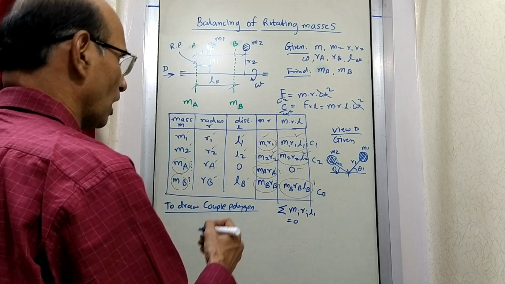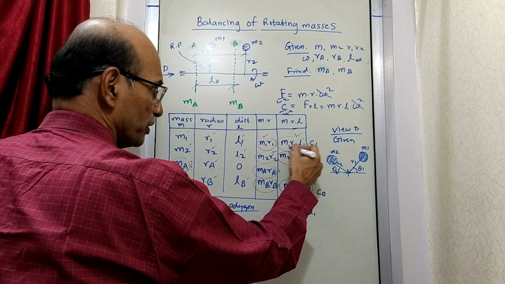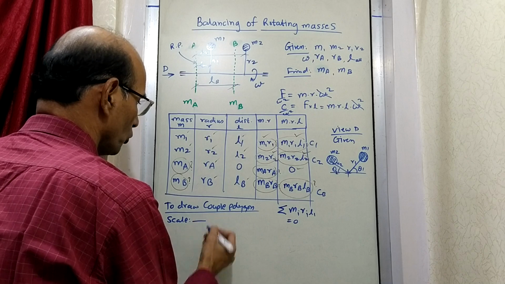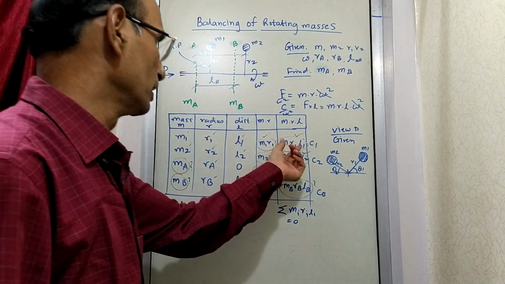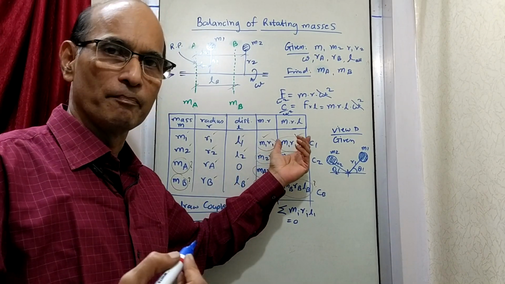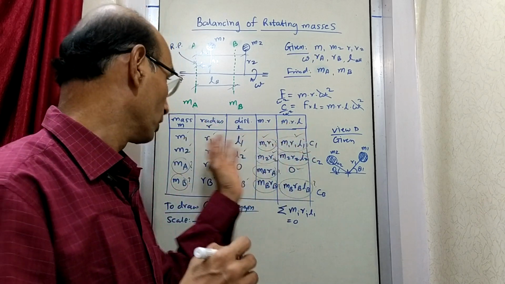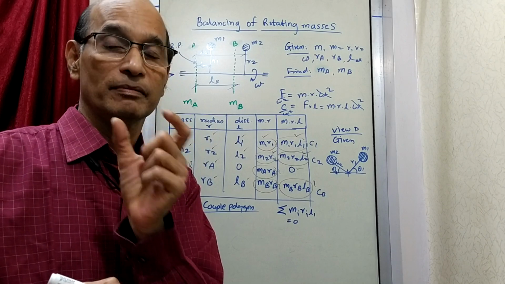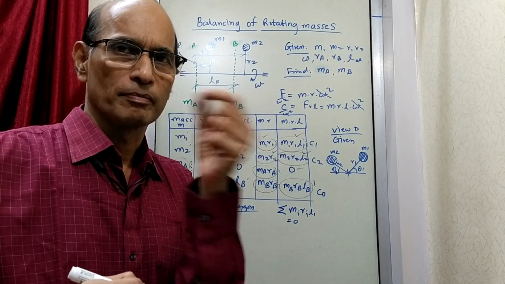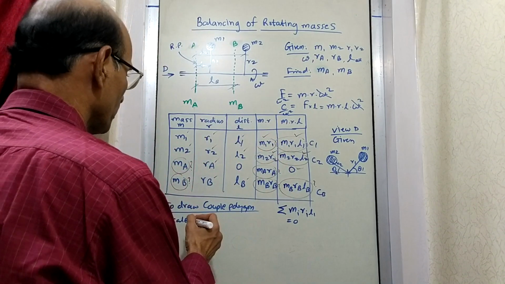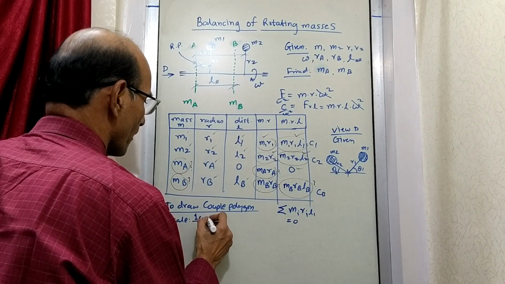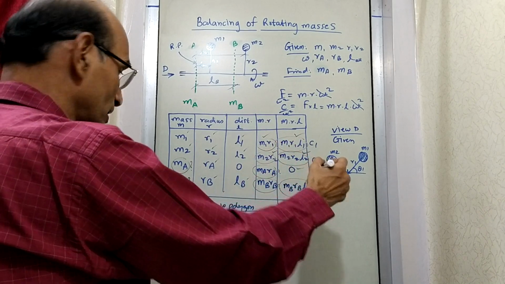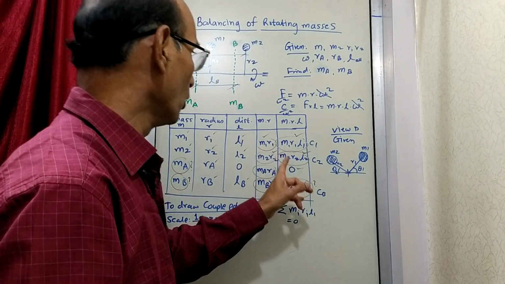So how do we do that? This one has some magnitude, so you set some scale. You know how to set a scale. This could be any big figure, 55,000, whatever, depending on the magnitude. That figure you have to represent by a line of certain centimeters or millimeters. So we write here 1 millimeter or 1 centimeter equal to so and so. That is the scale you have to set.